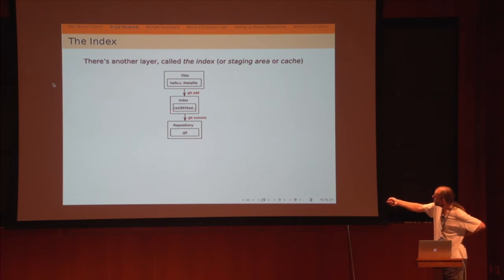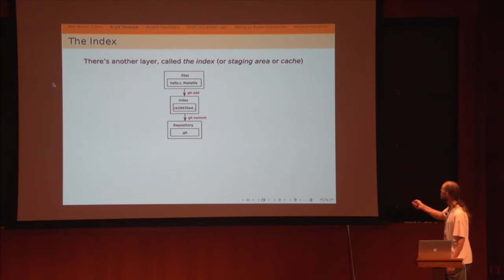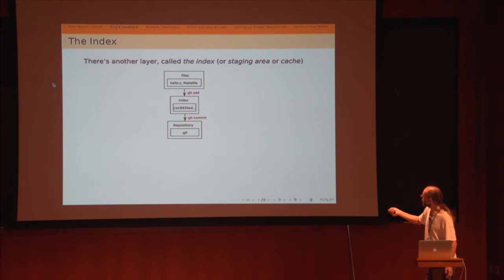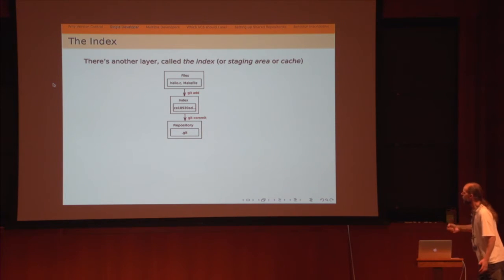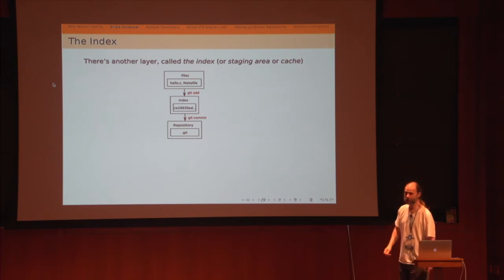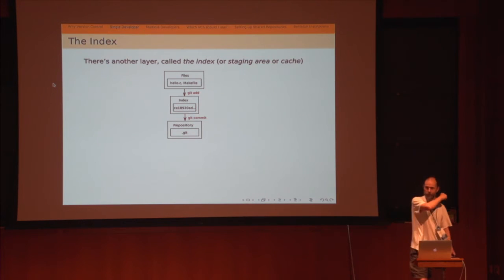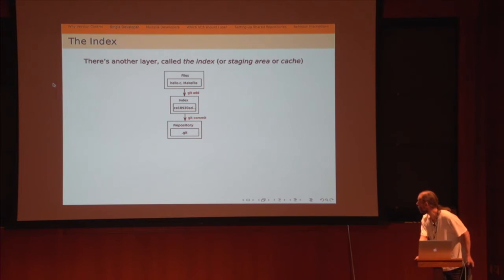Git adds it to a thing called the index, also known as the staging area or cache, which is a terrible name for it because cache means other things. And then finally, git commit goes from the index into the repository. We know that's this .git directory. So there's another layer that Git has. Some people think this is a wonderful thing, and some people think this is a terrible thing. I'm going to hope to convince you that it's a wonderful thing. And if you don't think it's a wonderful thing, then go and use Mercurial and you'll suffer.